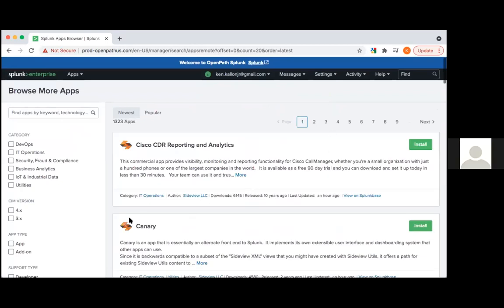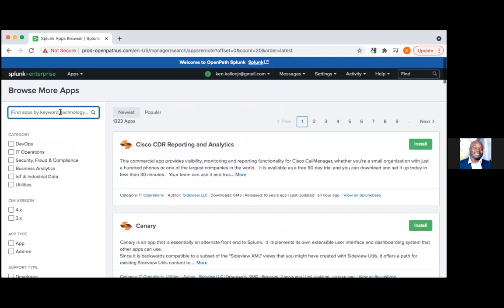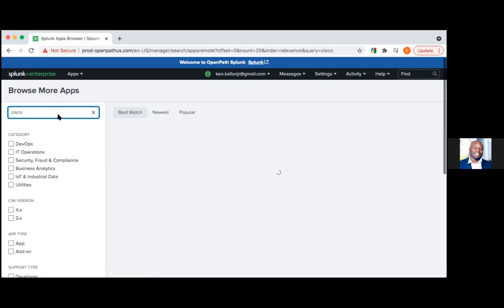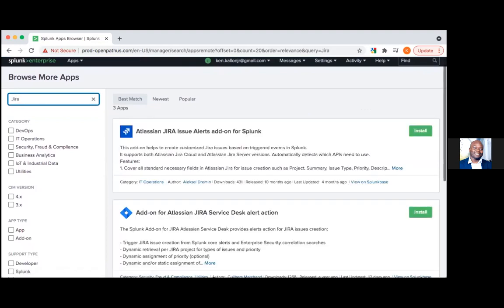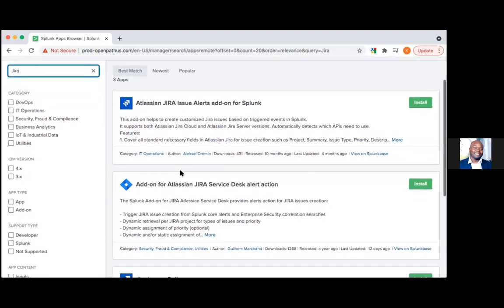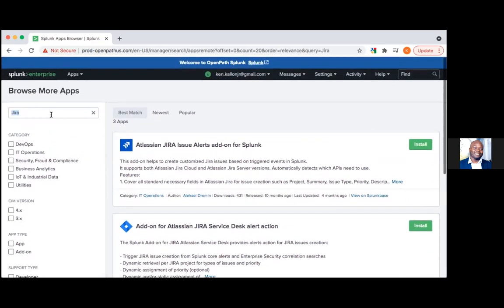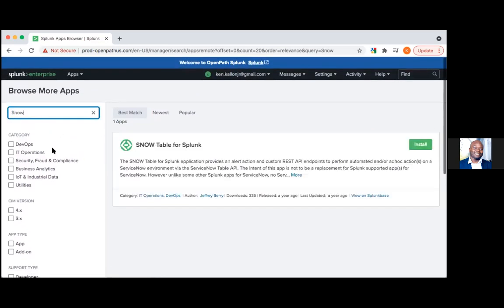So you can download apps in here, and then you can type in, let's say, Cisco there. Or type in ServiceNow or Jira or something like that. It links directly to Splunkbase. Now, not all apps are there, but the majority of them are. So instead of going directly to Splunkbase, you can just go here and add